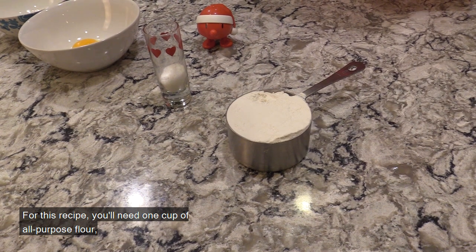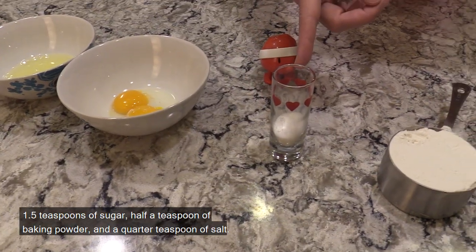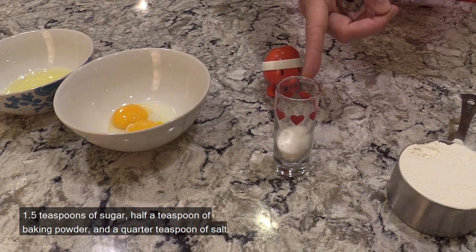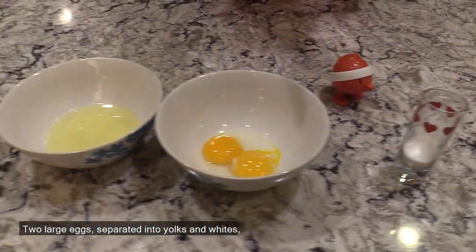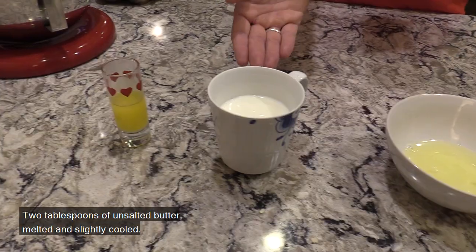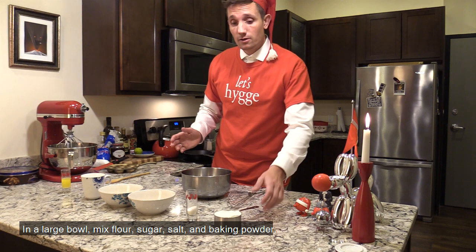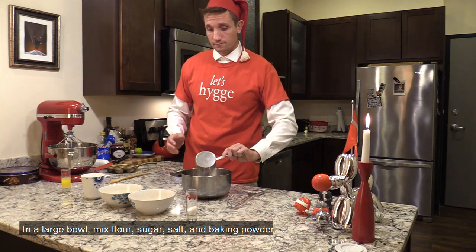For this recipe you'll need 1 cup of all-purpose flour, 1½ teaspoons of sugar, half a teaspoon of baking powder, and 1/4 teaspoon of salt. 2 large eggs separated into yolks and whites, 1 cup of whole milk, 2 tablespoons of unsalted butter, melted and slightly cooled. In a large bowl, mix flour,